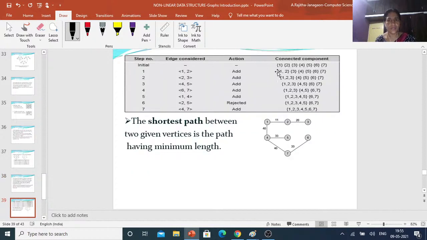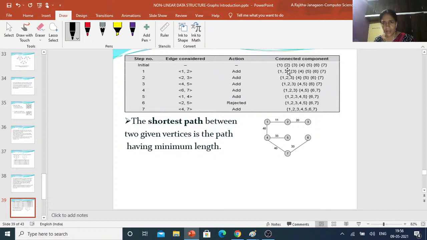Now see here in Kruskal's algorithm, first you see 7 components, and make them a single component. First you observe 1 to 2. This is the minimum one, so add this one. After that 2 to 3, this is the minimum one, you add this one. So 1 to 2 first, now the next one. 1 to 3, that means 1 to 2, 2 to 3 is added. Okay, the next 3 to 4. There is no 3 to 4, so 3 to 4 is not added. 4 to 5 is there, so this is added. Okay, 4 to 5.